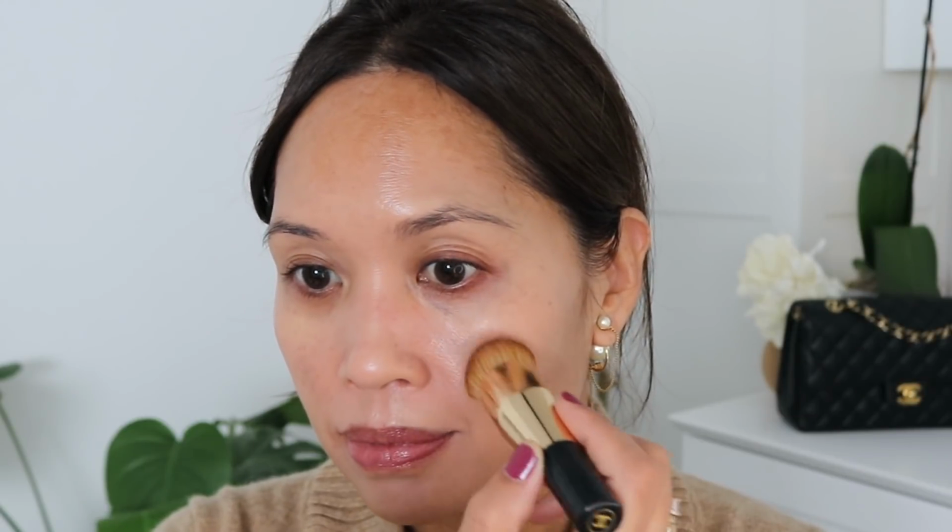Let's try and build it up just in the front, just so we can see how buildable it is. So this time I'm gonna take a little bit more and I'm just gonna focus it with this Sublimage brush and really just concentrate it here on my darker areas, just to see how much we can build that up. So there's that. So it does build, it's a little bit slower, but I'm gonna go in with a concealer now